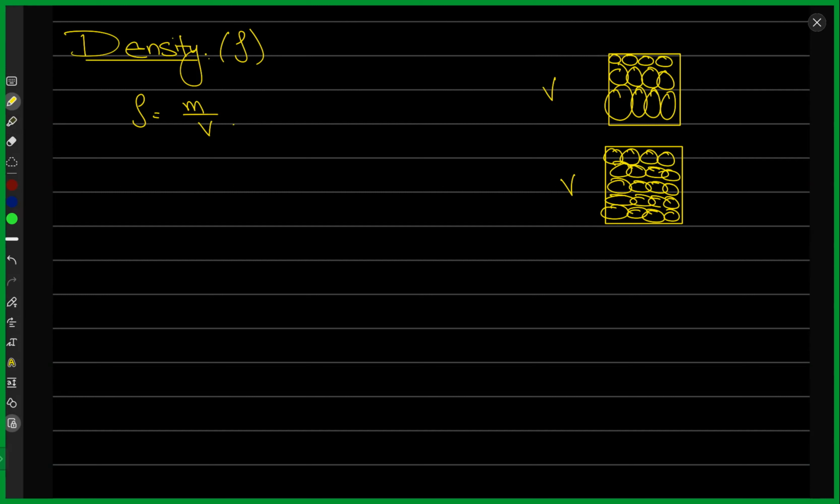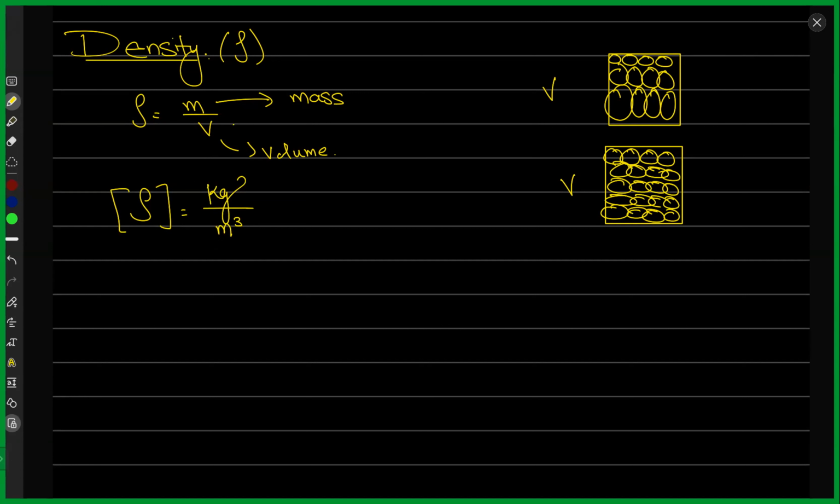Now we can talk about some of the interesting consequences of density as well. First of all, this is mass and this is volume. I'm sure that you already know that, but for the sake of preparing notes, we'll have this. The units for mass are kilograms and the units for volume are meters cubed, because volume is a three-dimensional object, so it's meters times meters times meters. This makes the SI units for density kilograms per meter cubed.